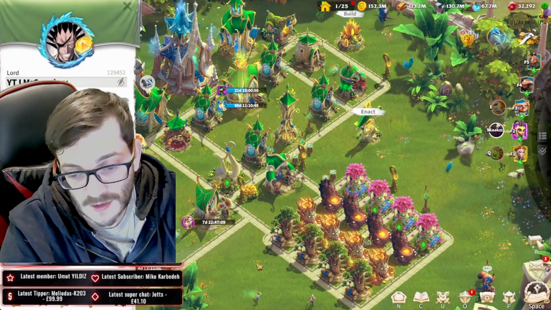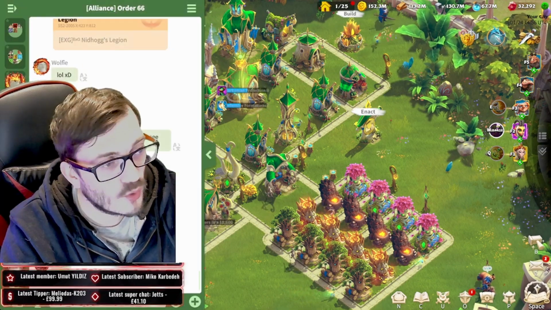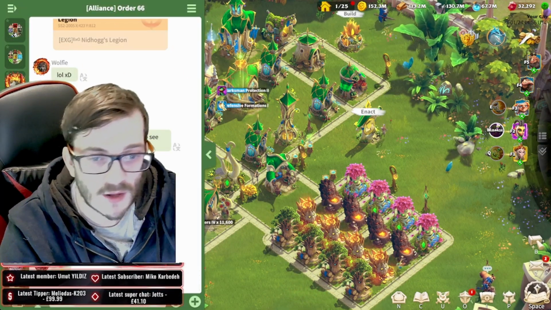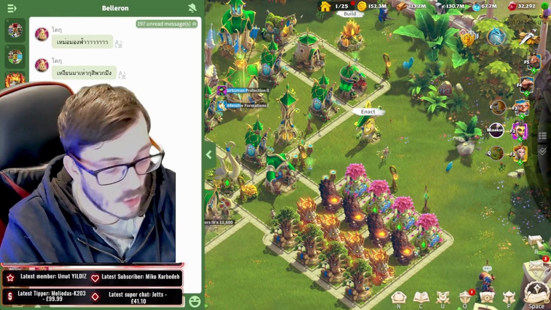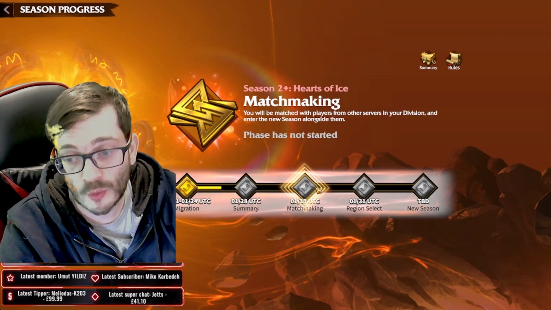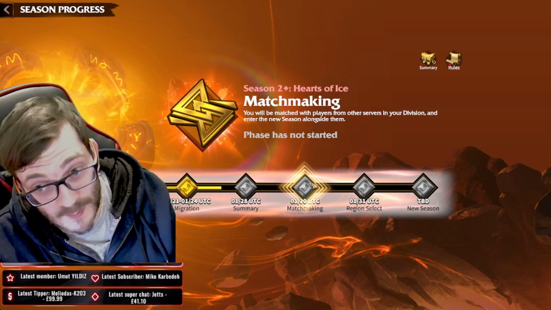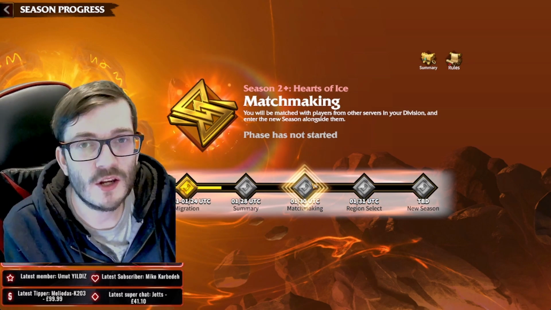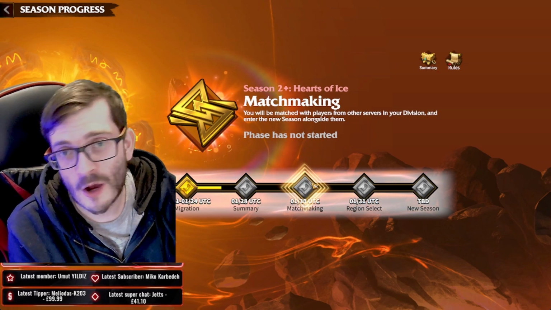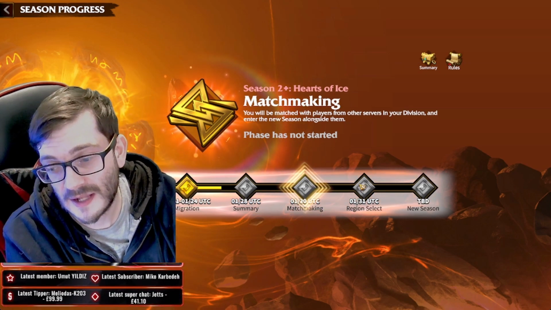And the cool thing is, like every other season, the new season chat preview will pop up. So instead of your Alliance chat and the Belleron chat, you'll get the season preview chat, and that's going to allow you to speak to all of the new allies or enemies potentially in the new season, find out who's who, work out diplomacy, and then, as you can imagine, the day after is where